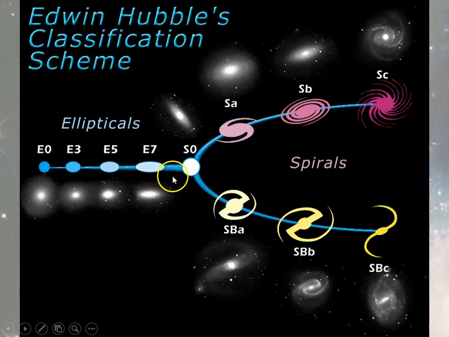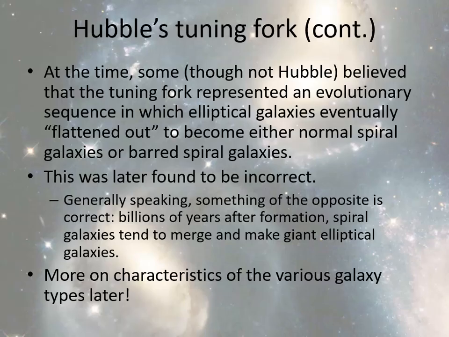Hubble called elliptical galaxies early type galaxies and spiral galaxies late type galaxies. Don't take anything from those names. In fact, in truth, it's kind of exactly the opposite. The big elliptical galaxies formed because of the merger of spiral galaxies. In other words, the big elliptical galaxies, especially the E0s, came from mergers of, quote, late type galaxies. So again, it's a misnomer that has absolutely nothing to do with any sort of evolutionary paths that these things have taken. We're going to come back to how galaxies form later. But anyway,